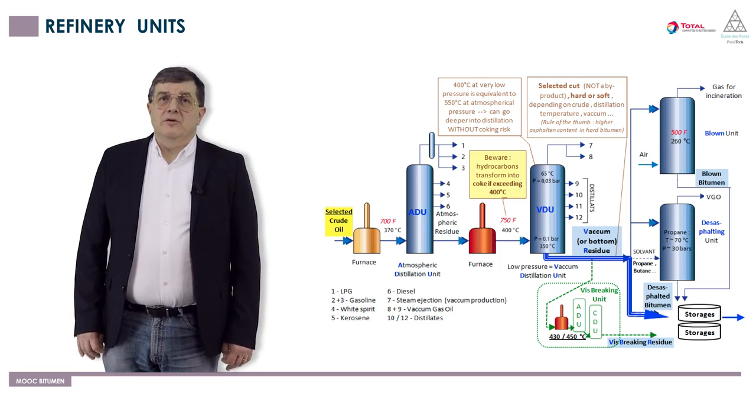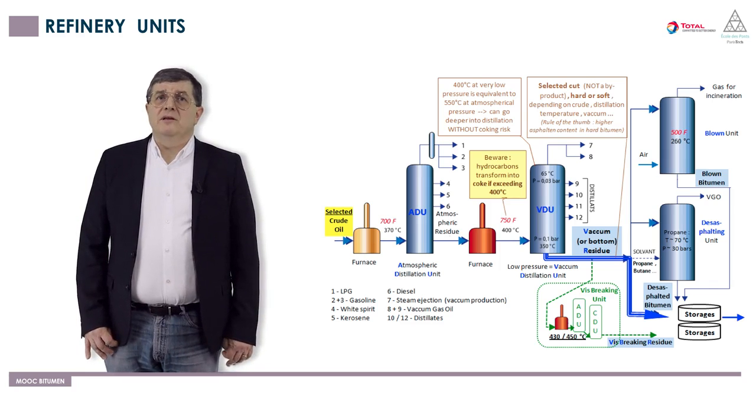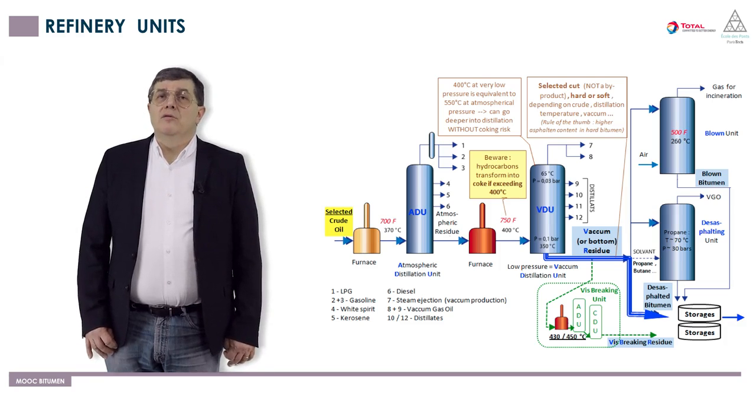Vacuum bottom can be a soft or a hard bitumen, depending on the crude, VDU temperature, VDU vacuum, and other parameters. Let's come to the 3 other possible additional units used to produce bitumen. If vacuum bottom is a soft bitumen, it can be deasphalted, removing oil in a liquid-liquid extraction at low temperature but high pressure, with the help of propane or butane to produce deasphalted pitch, that is hard bitumen,